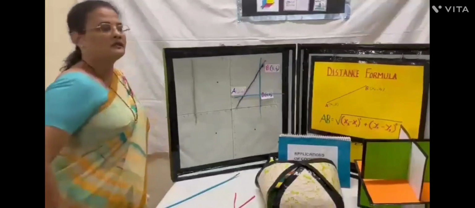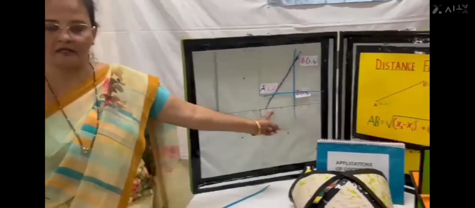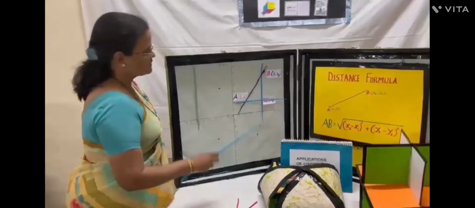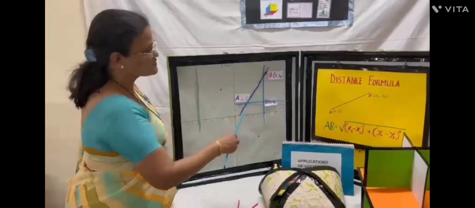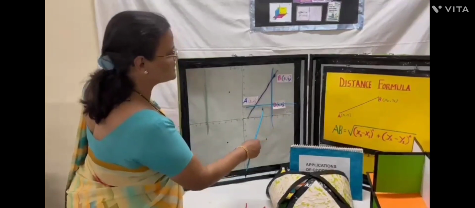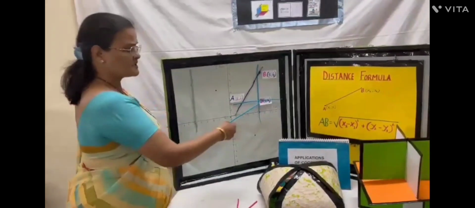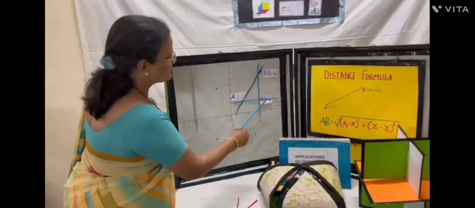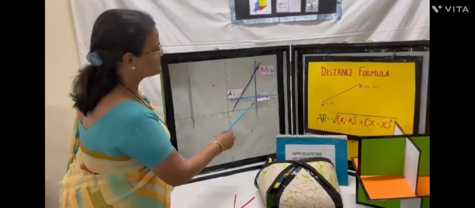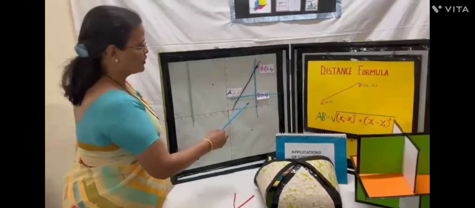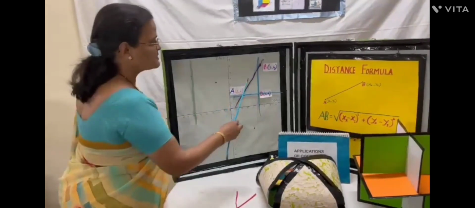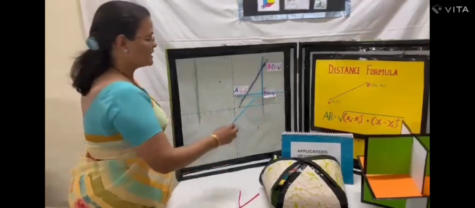You can see that the triangle formed here is a right-angled triangle, so we can use the Pythagoras theorem. That is, side squared plus side squared is equal to hypotenuse squared, which is the distance we have to find out, that is AB squared. Now we can get the distance easily by the simple number line. The x-coordinates are 5 and 2, so the distance AD will be 3, and likewise BD will be 4. So 3 squared plus 4 squared gives us 5 squared. That means AB squared is equal to 5 squared, so AB will be 5.